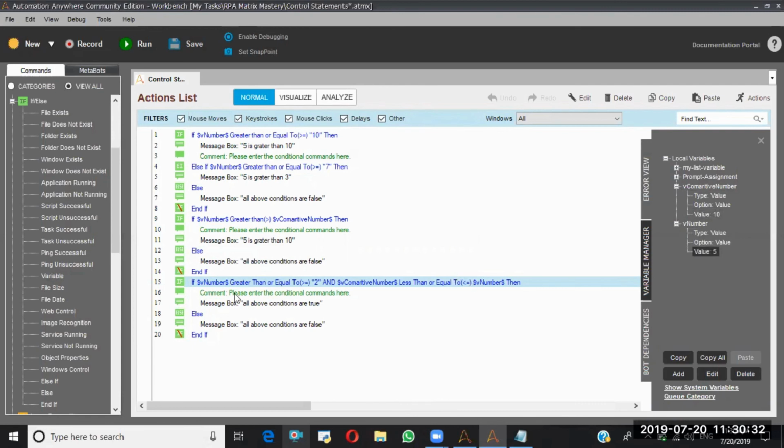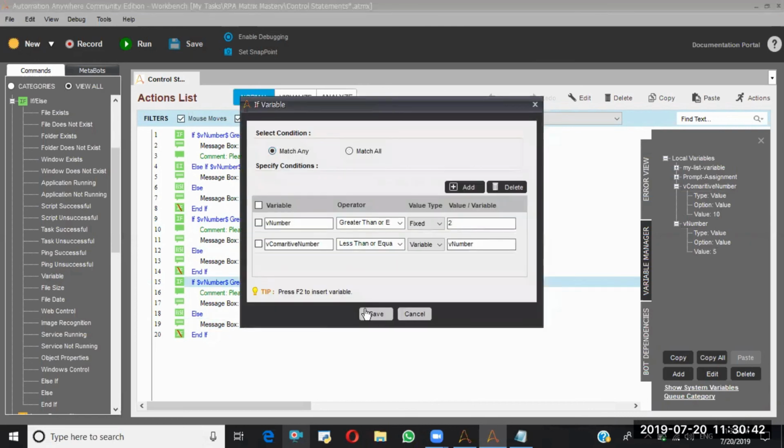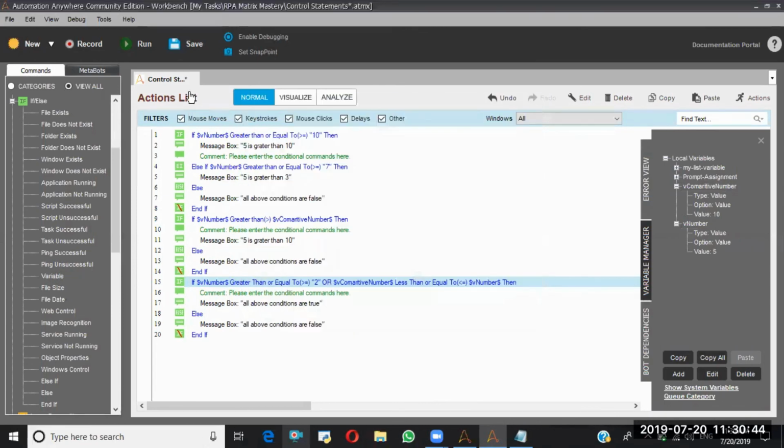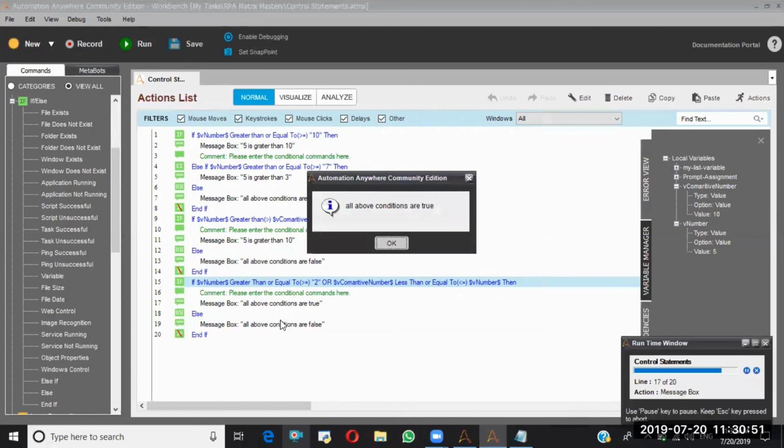That's the reason it ran the else block, because we are doing the and, right? So if I say match any, that means or. This time see, all the above conditions will become true. See, true. Like this it will work.